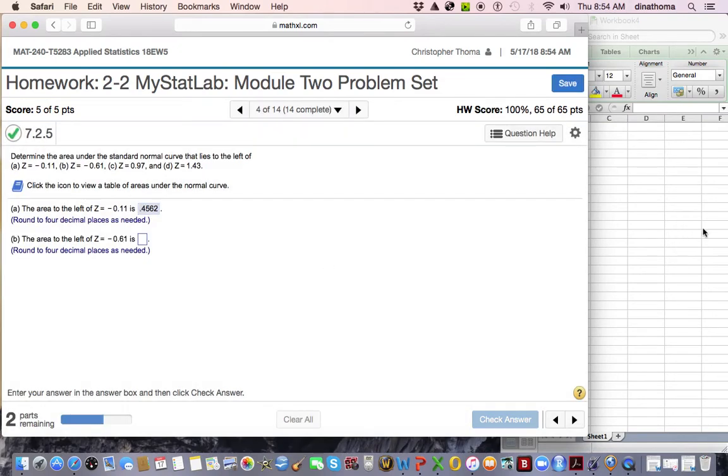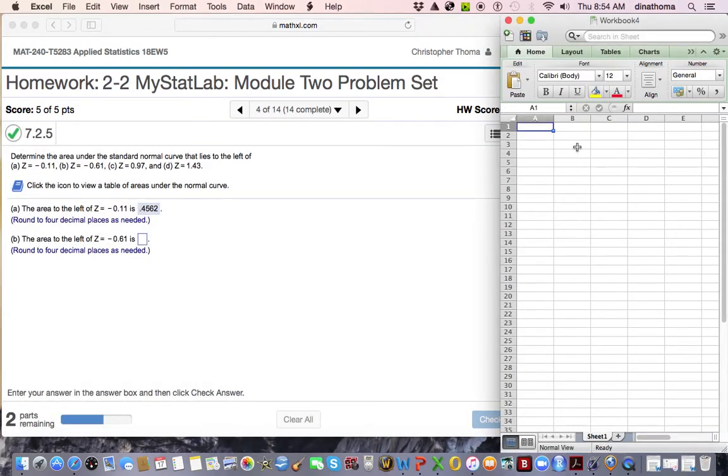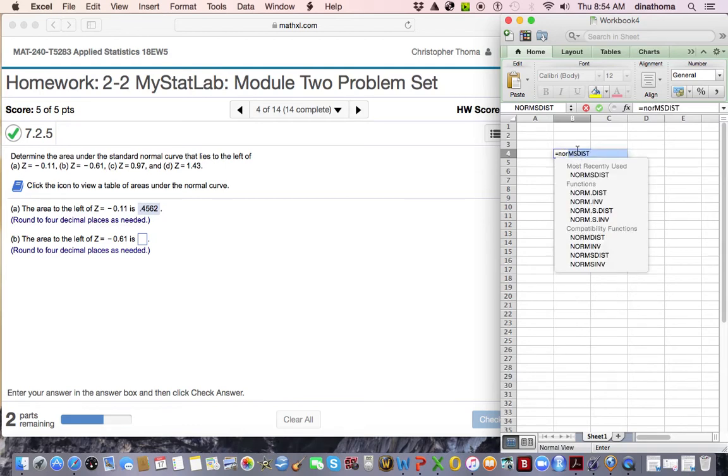That's right. Now, if we want to do it in Excel, like I've been saying, you type in an equal sign. As soon as you type in an equal sign, that turns Excel into a giant calculator. And the majority of everything we do in this course is already built in Excel for us. So you just start typing what you want to do. So NORM, and you can see mine's most recently used because I've done the homework. NORM.S.DIST. We want the one with the S when we're doing z-scores, because a z-score has a,